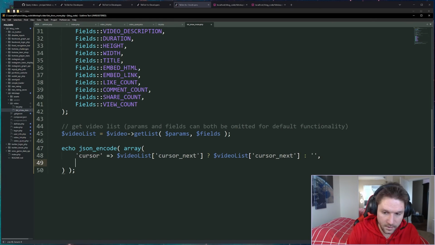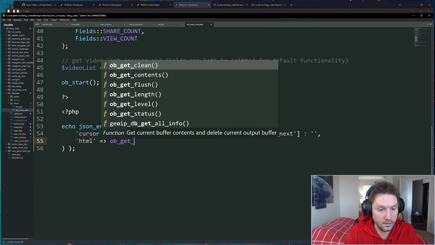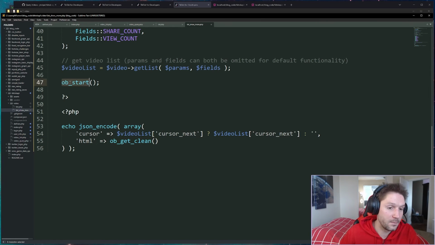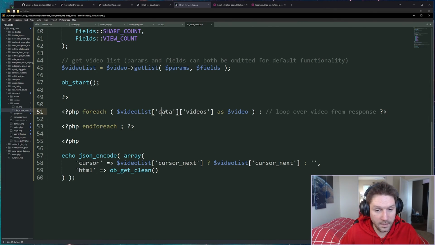Then the most important part is our HTML. So we're going to create our HTML up here after we get our video list by calling ob_start, the output buffer, and we'll do ob_get_clean. This will get everything from the output buffer after we've started it. So here's where we can place our HTML. Begin by looping over all the videos in the video list. So our foreach $data->videos as